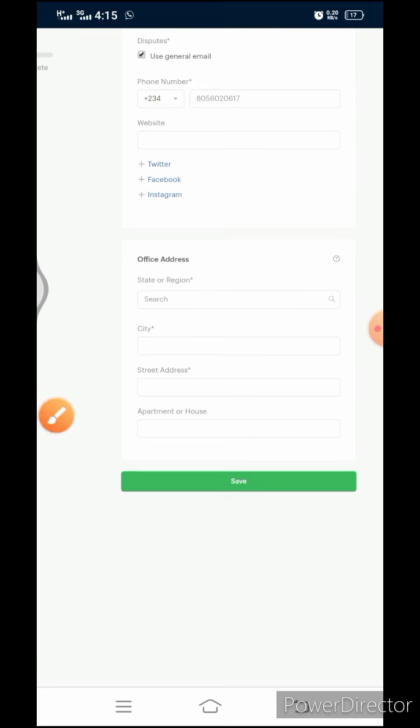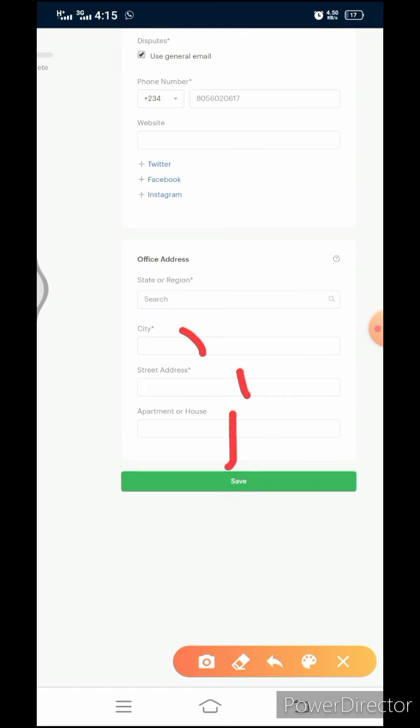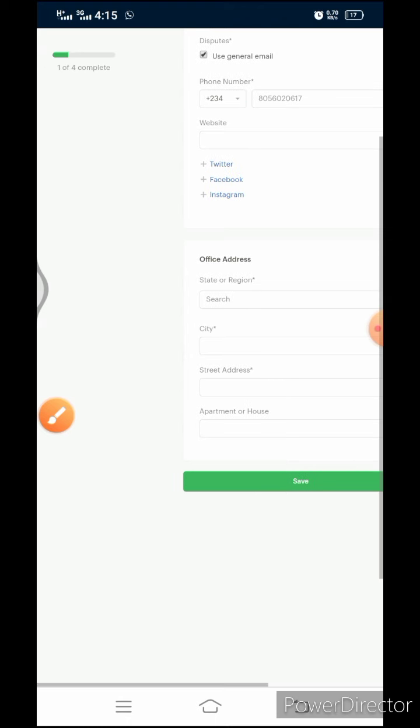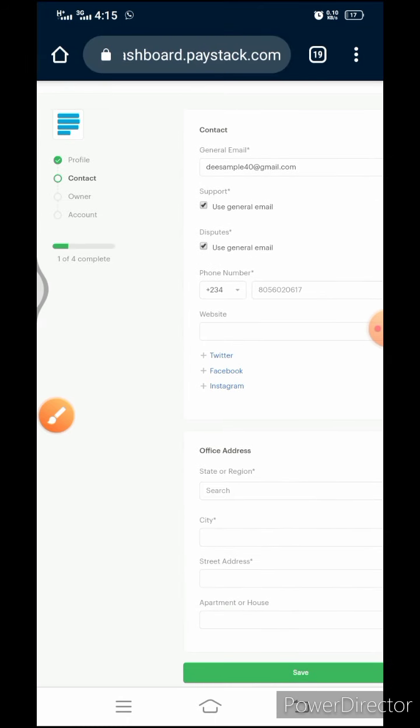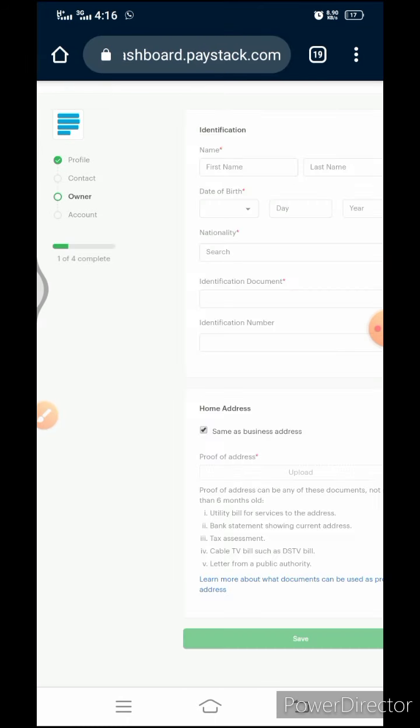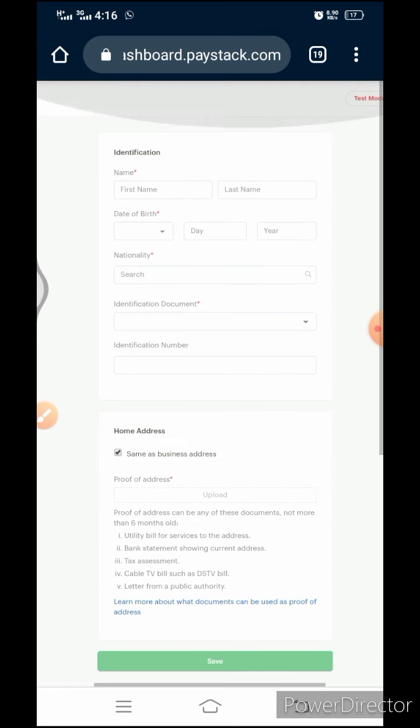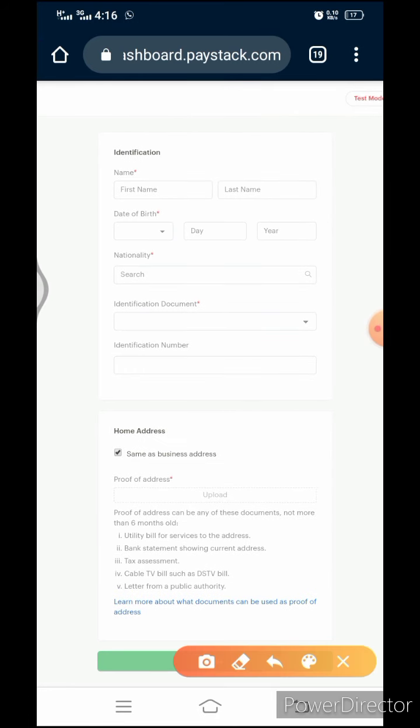Okay. Then you can add your city, your street address. Just write the name of your street, then your apartment or house. Just fill in the details. Okay. Then next is moving to the owner as your person, okay? Then fill in the important